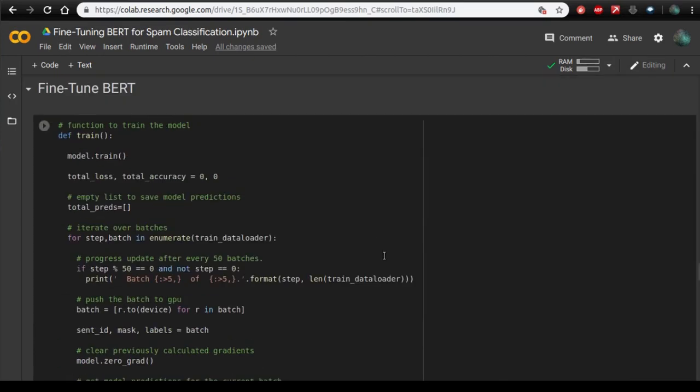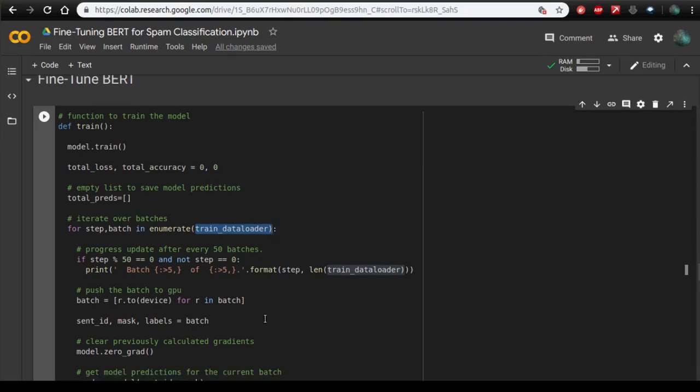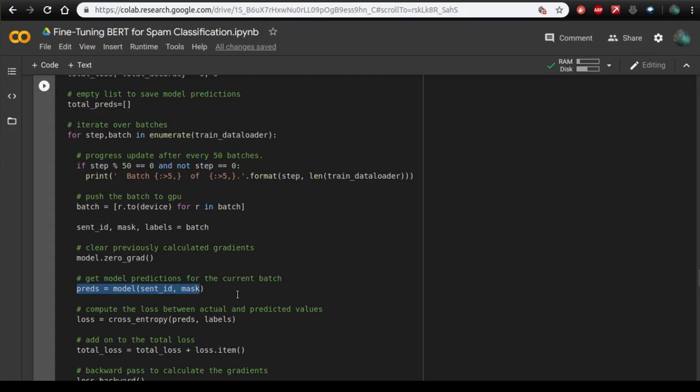Now coming on to the main part. So here is the function that will be used to train or fine-tune the model. Here batches of input data will be fetched with the help of this data loader, train_data_loader, and passed to the model. Here the predictions of the model on the train batch are compared with the actual labels, and so the loss is calculated, and then this loss is added to the total loss.